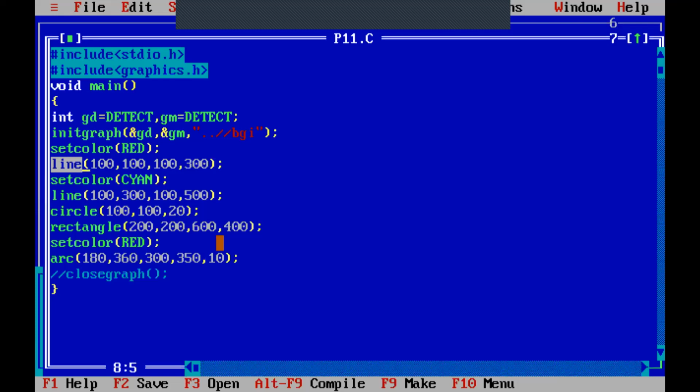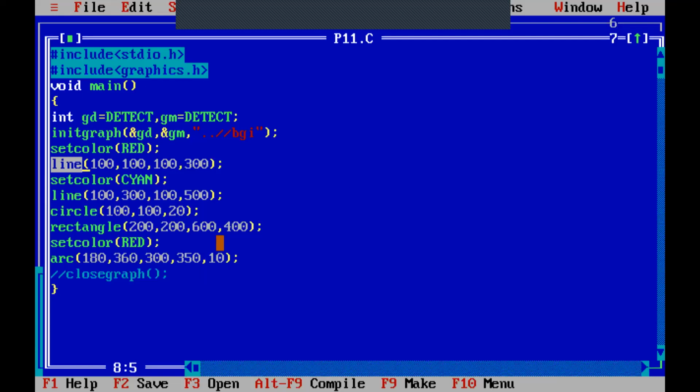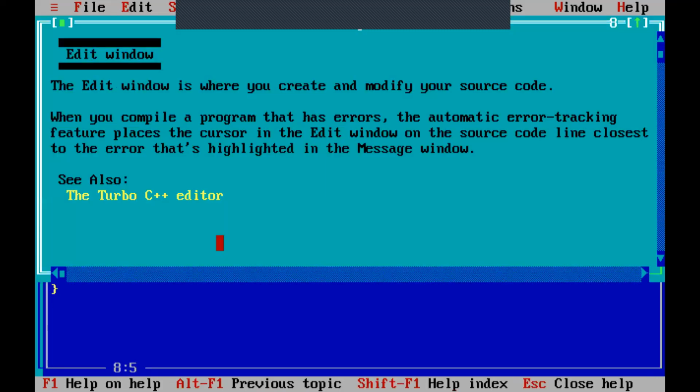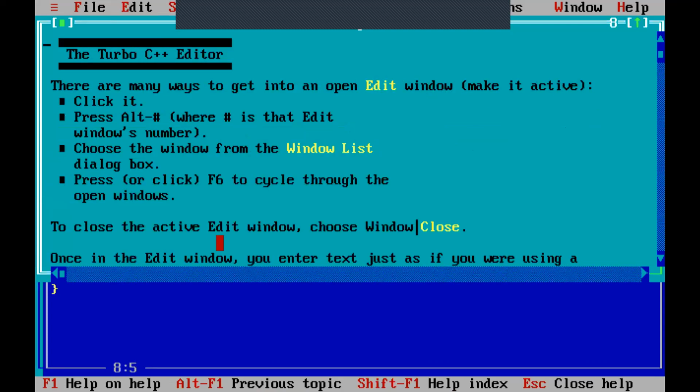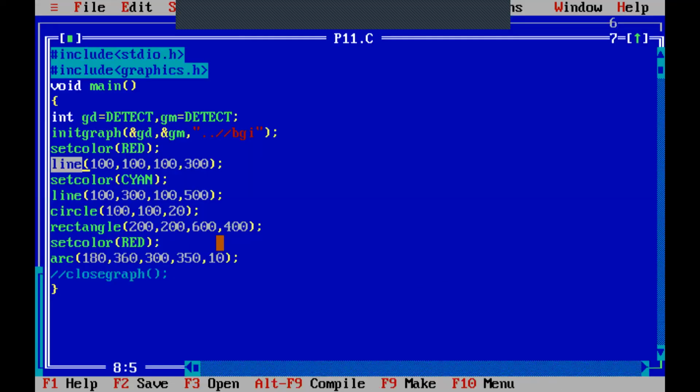No, F2 is also not giving me any result. Okay. F1. In that F1, I am getting it here.